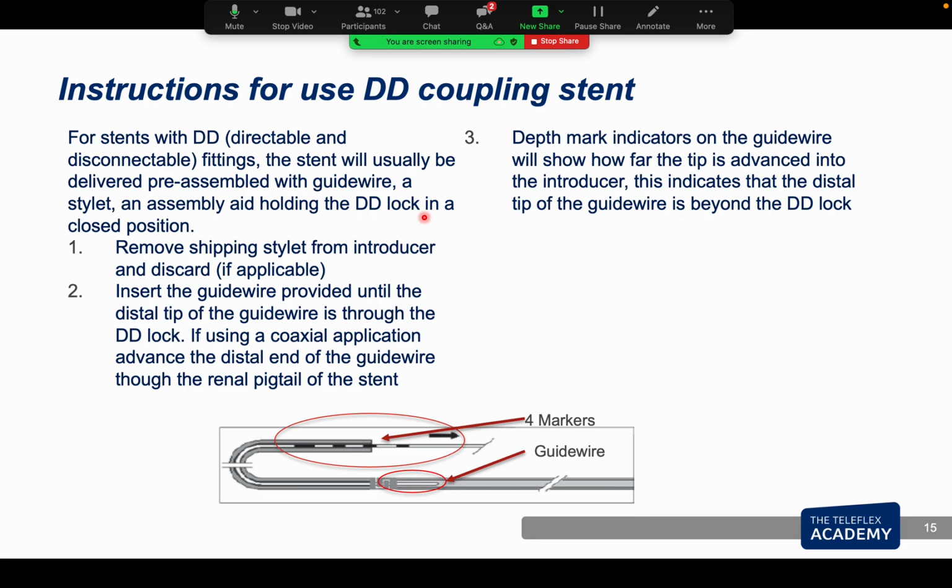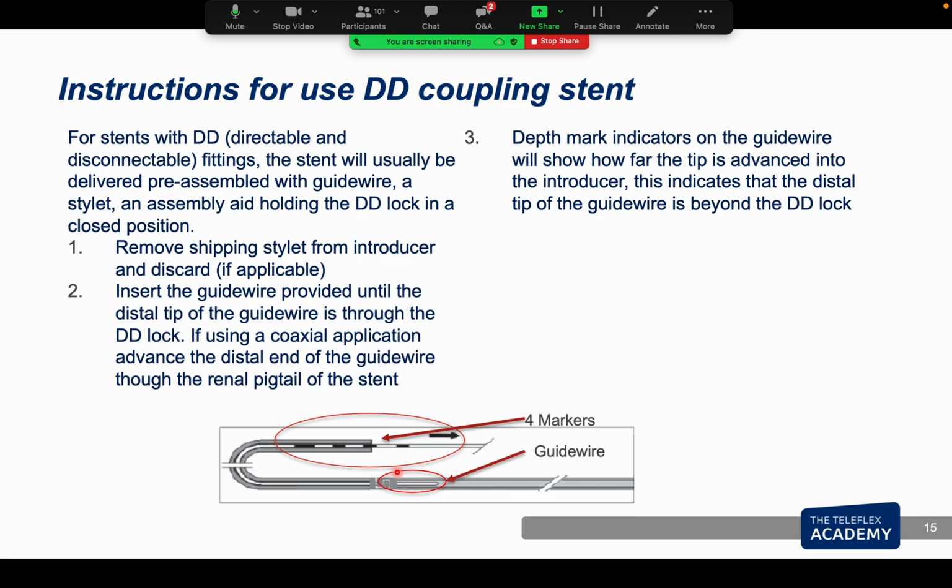Less segment in the bladder, less irritation to the trigone and the bladder mucosa, patient will be comfortable. All these stents are licensed to stay for 12 months, so we don't want the patient to suffer with the stent related symptoms. Before using the DD coupling, make sure that the guide wire is passed nicely beyond the DD coupling area, because the DD coupling will be intact as long as the guide wire is inside or the outer